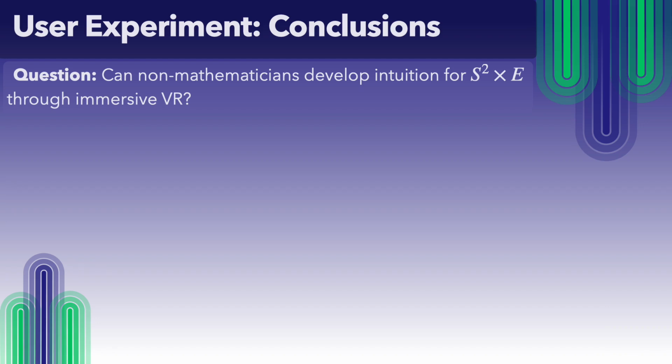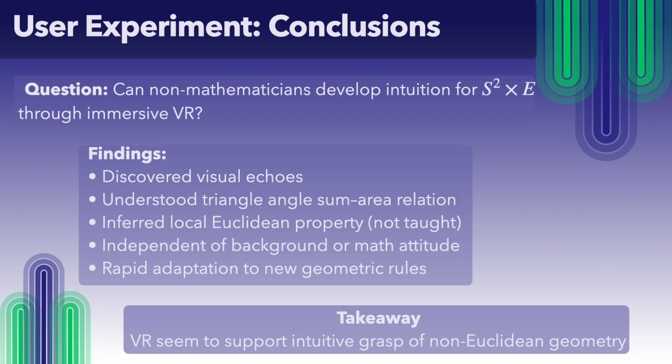In this experiment, we had non-mathematicians explore S2 cross E in a learning by doing approach. The purpose of the experiment was to investigate whether they could develop an intuitive understanding of the space through immersive VR without relying on formal mathematical instruction. Participants explored a custom-designed virtual environment and engaged in a series of tasks, each targeting a specific property of the geometry. Results show that most participants were able to infer and articulate the 2 key properties showcased in the experiment,